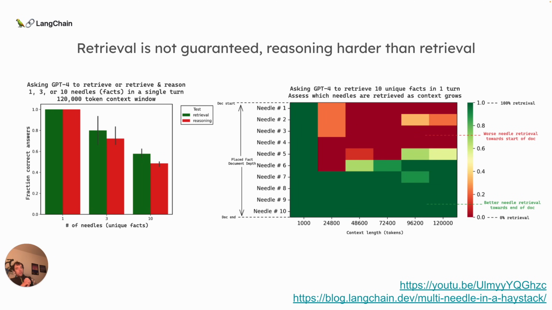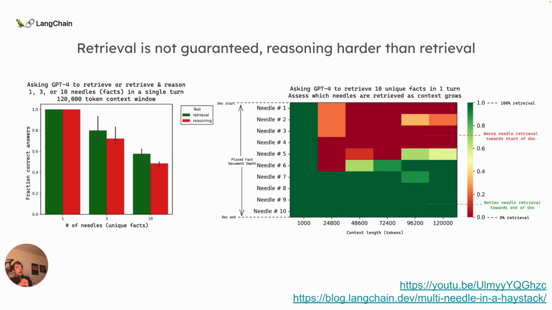Now, I'm also asking it to do reasoning on those needles. That's what you can see in those red bars. So green is just retrieve the ingredients, red is reasoning, and the reasoning challenge here is just return the first letter of each ingredient. So we find basically two things. The performance, or the percentage of needles retrieved, drops with respect to the number of needles. That's kind of intuitive. You place more facts, performance gets worse. But also it gets worse if you ask it to reason.